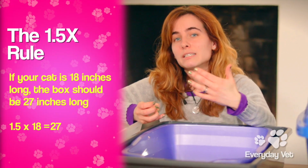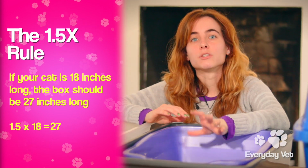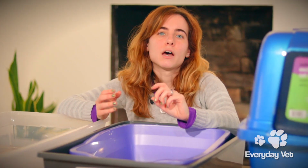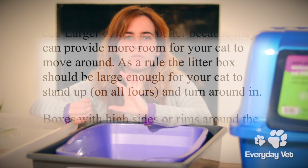Similarly, we want to make sure that the box that you're choosing is the appropriate size for your cat too. So this rule is the 1.5 times rule. You want to make sure that your box is 1.5 times the length of your cat. By doing that, you're providing your cat enough room to turn around in the actual litter box. So it's got to be easy to get to, but it's also got to be easy for your cat to use. If you have a 15-pound cat, if you give it this tiny little litter box, it's going to be hard for it to get into, and it's not going to have much room to move around, so it's not necessarily going to be ideal. You want to make sure that they have room to get into the box, turn around, and do their thing